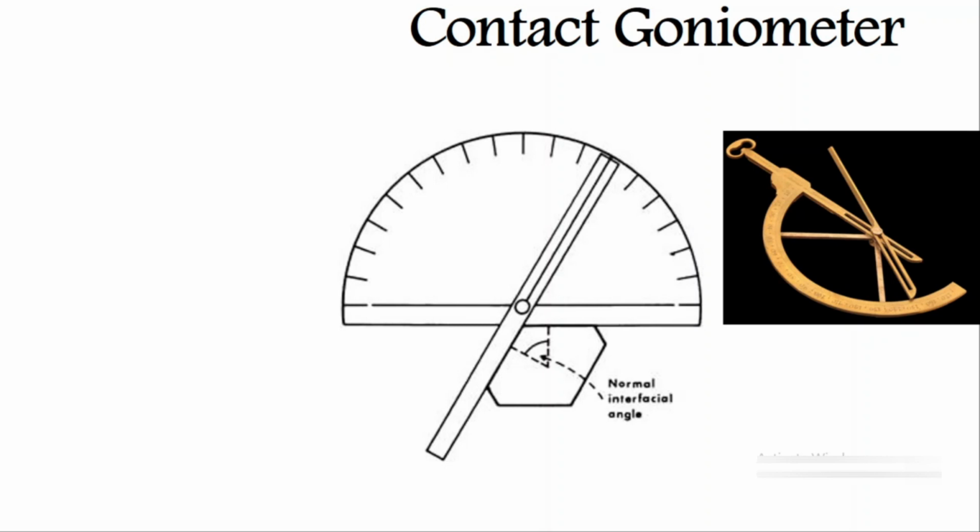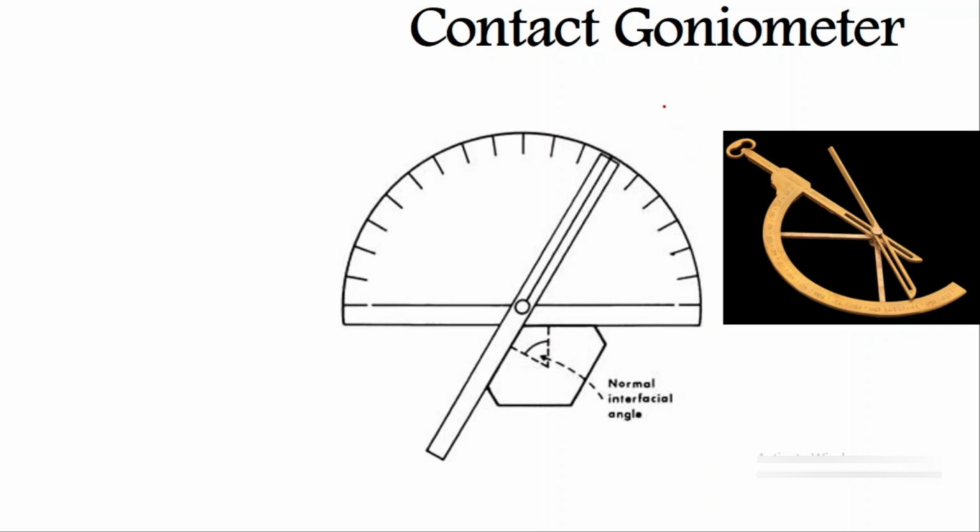But before going to the question directly, I would like to discuss the contact goniometer with you. So see, it's a very simple and ancient device, we can say, which is particularly used to measure the interfacial angle of a crystal. The device in front of you, which is actually a contact goniometer, is very simplistic and was used way before the technology was advanced. In this particular type of goniometer, you could only use larger crystals and only the visible faces of the crystal could be measured, or the angle between these faces.